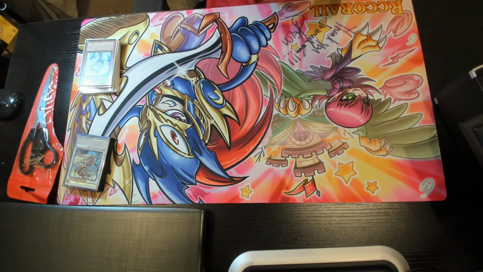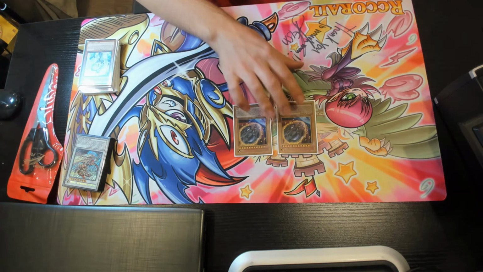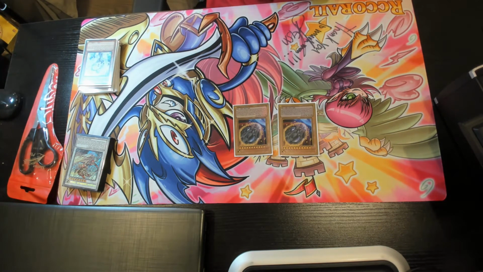And lastly, for our hand traps, we have double copies of Nibiru, the Primal Being. Again, during your main phase, if you control, or if your opponent normal or special summons 5 or more monsters this turn, quick effect, you can tribute as many face-up monsters on the field as possible, and if you do